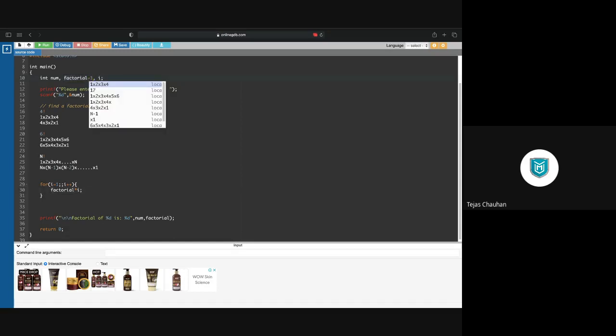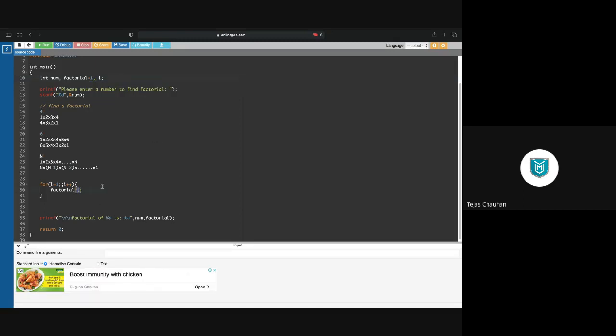So we are going to initialize it with 1, because we are going for multiplication, and the unit number is 1. और इसको again we are going to store it in the same variable.